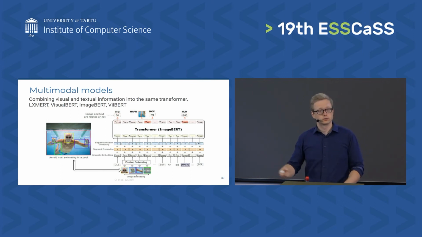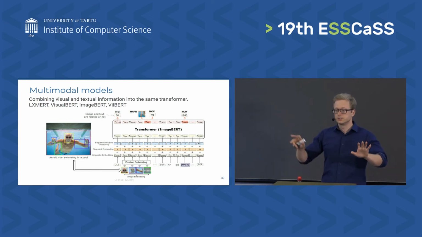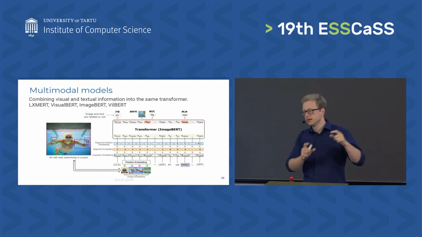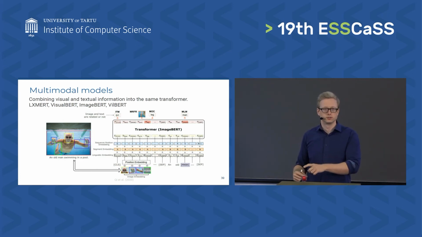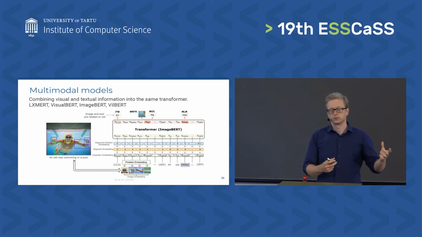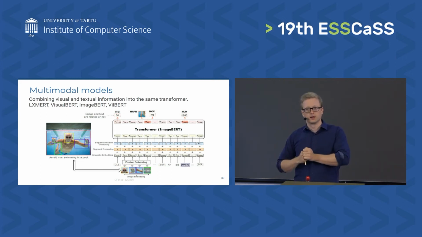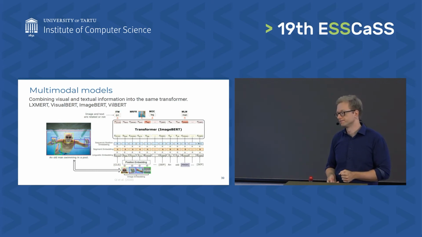There are also multimodal models. So we can take data that has parallel images and text, and we can give some of the visual information as input to the transformer. So basically to the transformer, it looks like these are tokens, but they're actually segments from the image, and then train a full transformer model in a very similar way, doing next sentence prediction or masked language modeling to train it. And then we can use it for applications like visual question answering, for example.